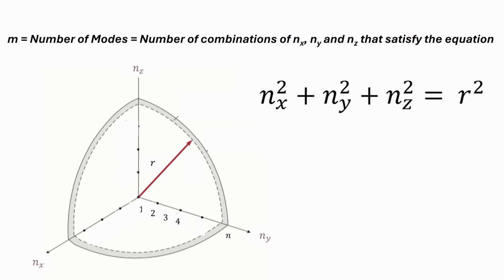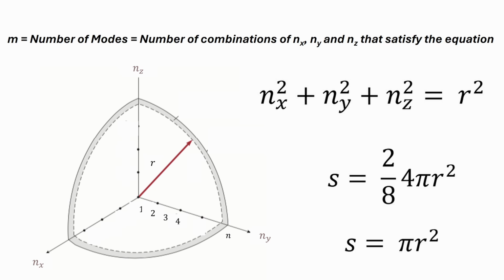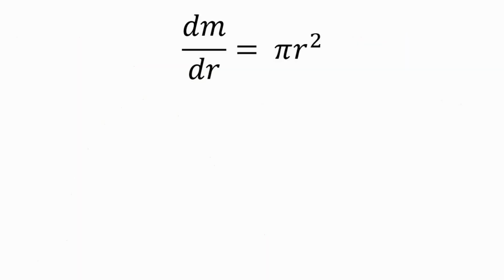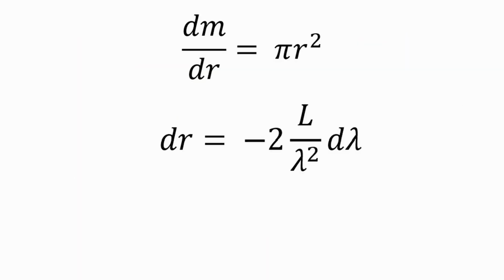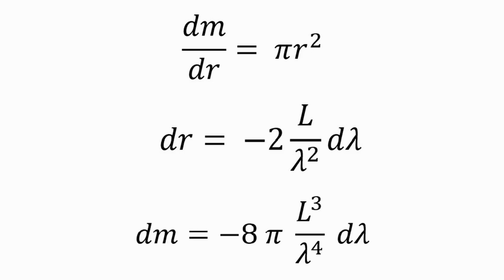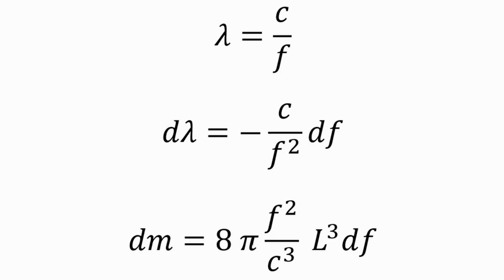However, since we are using only positive values for n, we need to consider only the 1/8 of the sphere that lies in the positive octant. And since in any direction the electromagnetic waves may have two polarizations, the area we need to consider is: if we increase the radius of the sphere by dr, the change in the number of modes is dm. But we have, and we obtain, or in terms of frequencies, we have. So the number of modes per cavity volume per wavelength and per frequency are